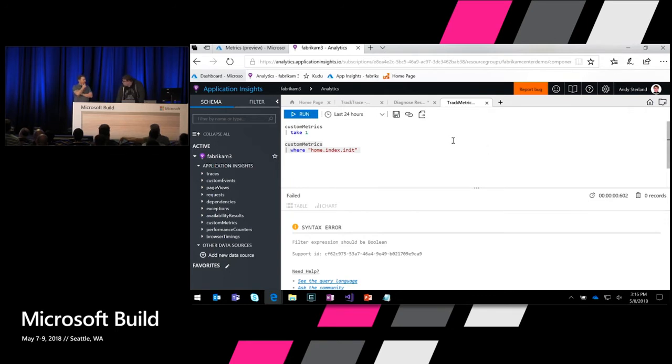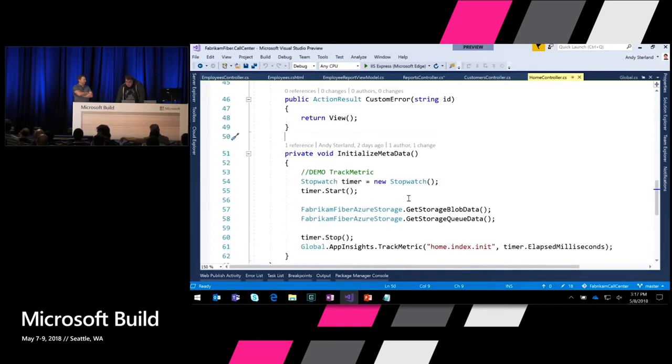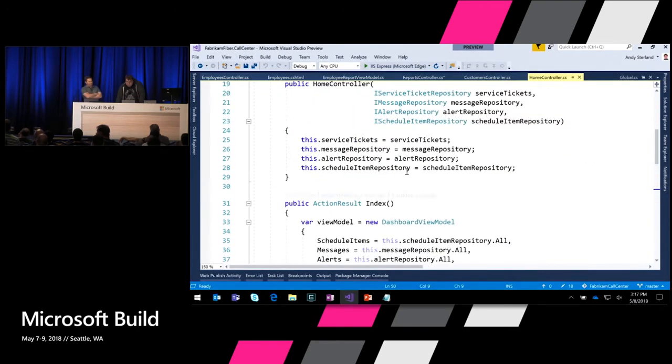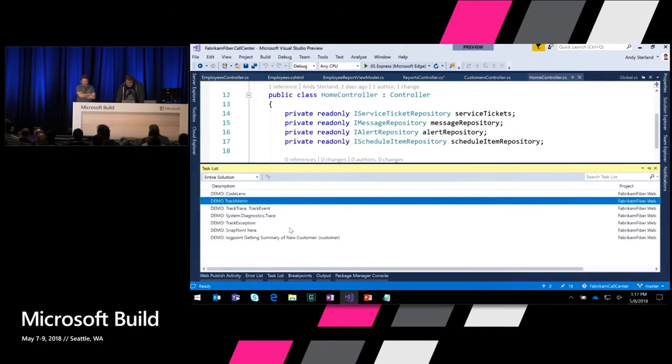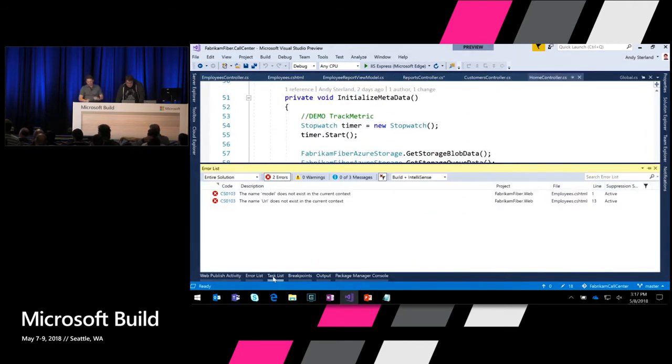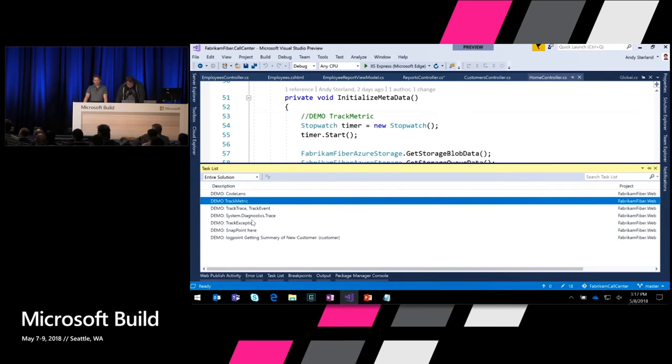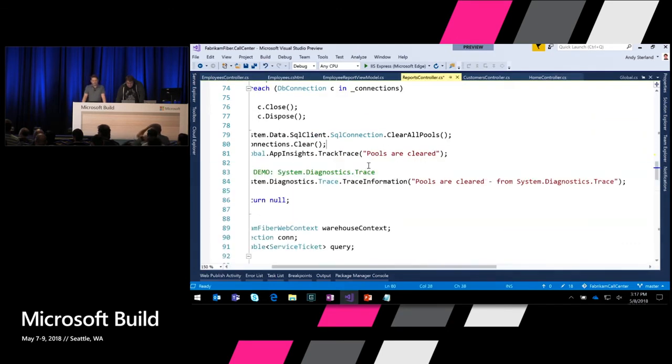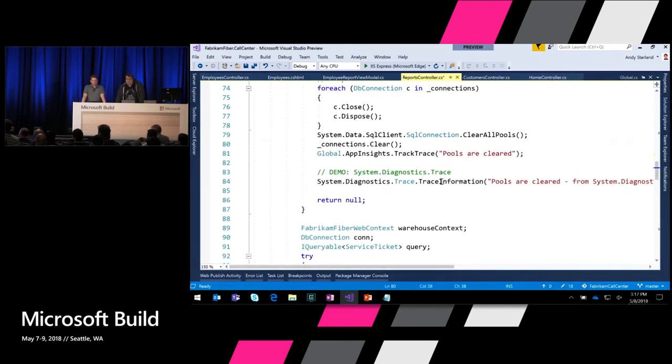Correct. There's the Diagnostics Trace, you mean, or? Well, yeah, even like you were using the App Insights SDK. What if I'm using my own favorite SDK? Yeah, so one of the things that I forgot to mention, thank you for reminding me, was if you're using diagnostics, let me find the example, sorry. If you're using System.Diagnostics.Trace, there's a built-in API in .NET, which you might already be using,